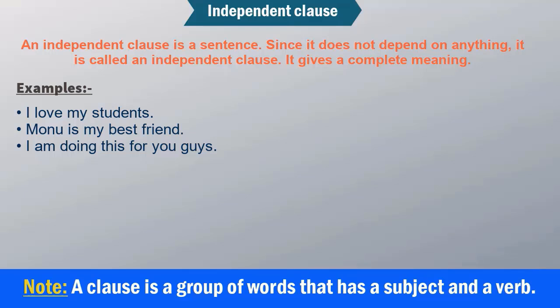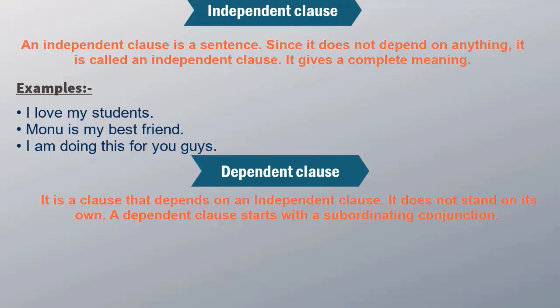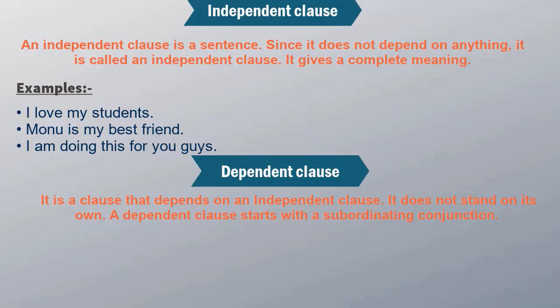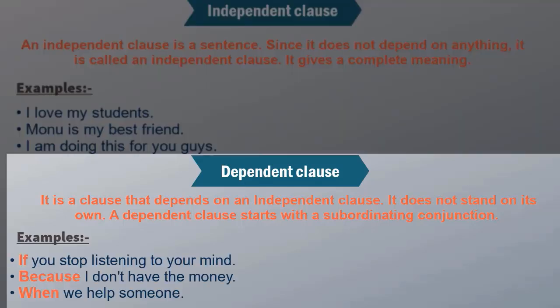Now, what is a dependent clause? As the name goes, it depends on something. It is a clause, that means it has a subject and a verb, right? But it does not stand on its own. It depends on an independent clause. And guys, always remember, a dependent clause starts with a subordinating conjunction. Conjunctions like if, unless, until, before, after, because, though, even though, and all the subordinating conjunctions we have in English, right? Some examples: If you stop listening to your mind,